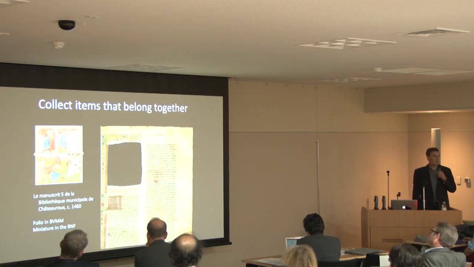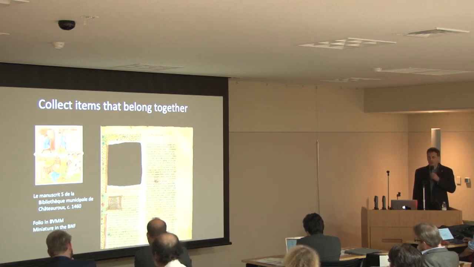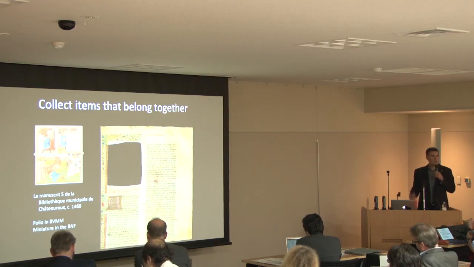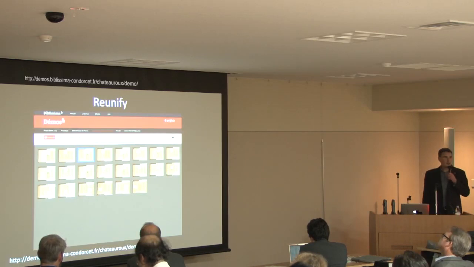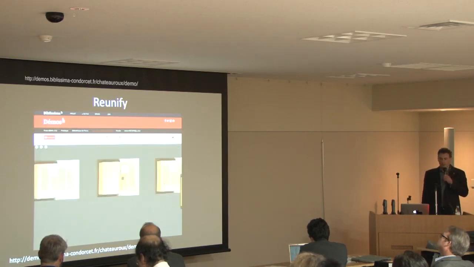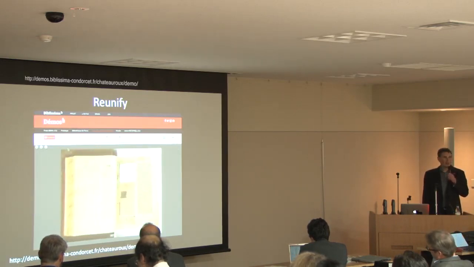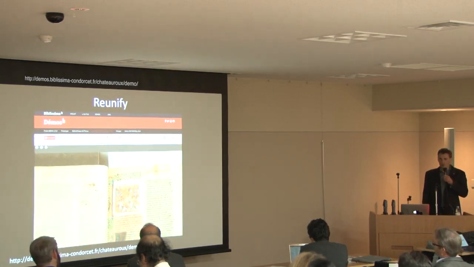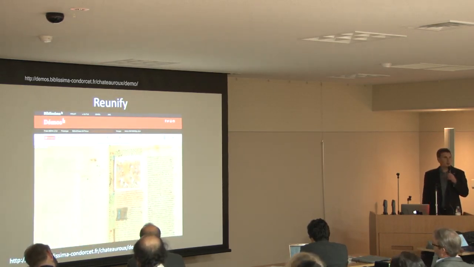The study in modern day also involves studying things that belong together logically and in some cases physically. In this example of a 16th century French manuscript, the miniature, the illustration has been removed from the surrounding page. These have been digitized and are held by 2 separate institutions in France. Using IIIF, members of the Biblissima project have actually brought this manuscript back together. They have virtually reconstructed it by bringing the images from the 2 separate sites and putting them into the same digital object. This is a live demo from the Biblissima project.